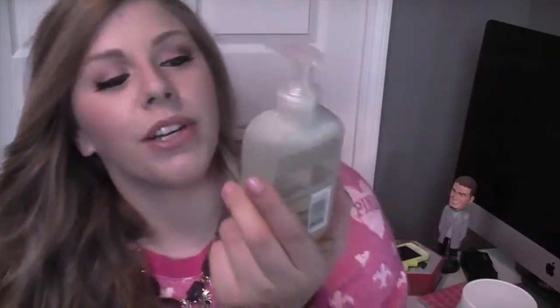This face wash is Neutrogena Naturals Purifying Facial Cleanser, and I've had this in quite a few empties. This is like my 6th bottle or something of this. It really gets off eye makeup well in the shower, so you don't have to use a separate eye makeup remover before you get in the shower. I just use this all over my face and on my eyes and work it in,